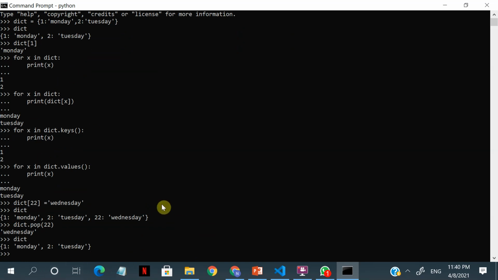Okay. So another important data structure is the dictionary. So please practice this and then we